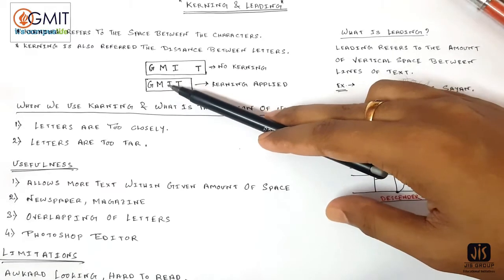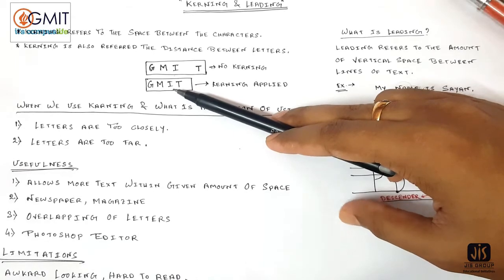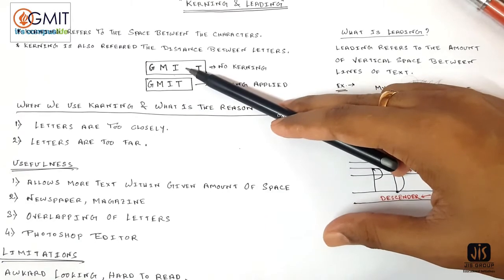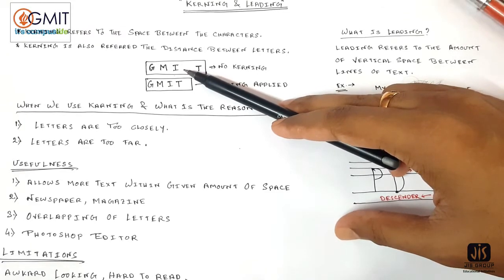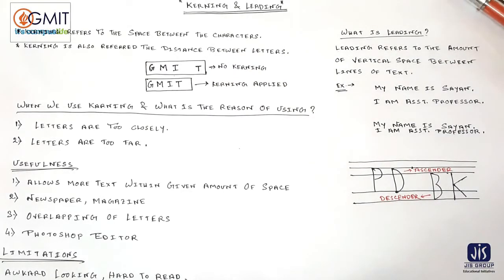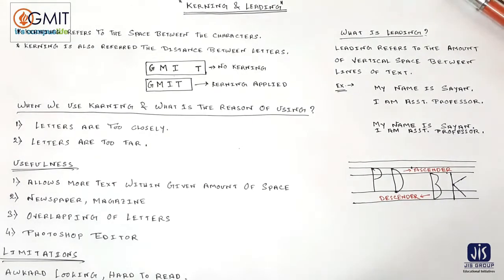Here all the spacings between the characters or letters are the same. That's why I think this is more readable. Here kerning is applied, but here kerning is not applied. So this is the actual example of kerning. Okay, clear or not? If you have any question till now, you can ask me in the comment section below or anywhere, or you can mail me also.